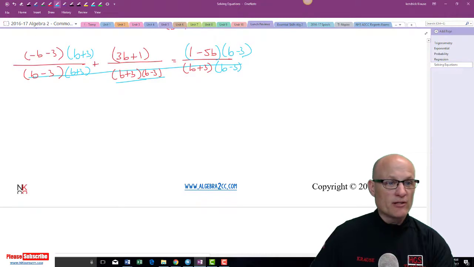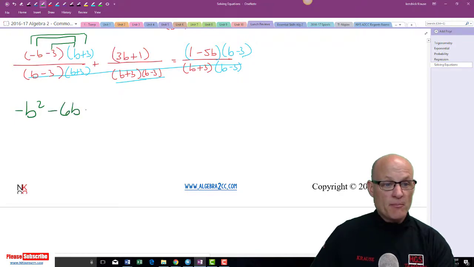Hey, this is the last problem, thank goodness. Long review. This is going to be tricky, be careful. Negative b squared minus 3b, and minus 3b is minus 6b minus 9. Lots of negatives there. This one doesn't have to do anything, so it's just 3b plus 1 equals, be careful here,